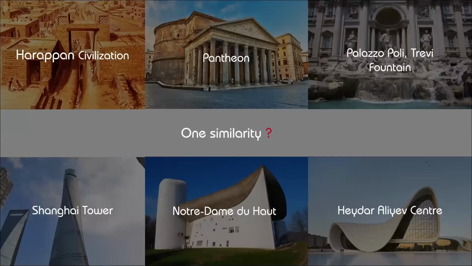Now, if we browse through the history of these buildings, we could realize that from the beginning of the earliest civilization to designing a vertical city in Shanghai, from the Roman architectural style to the modernist approach by Le Corbusier, to highly ornamented buildings in the Baroque period, to the computational approach by Zaha Hadid, the one common thing between all these structures is that everything is designed based on some parameters.